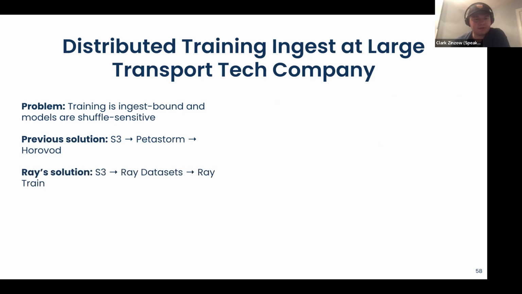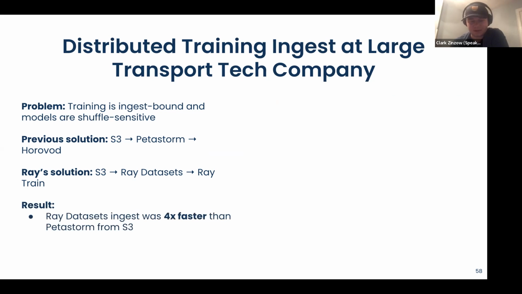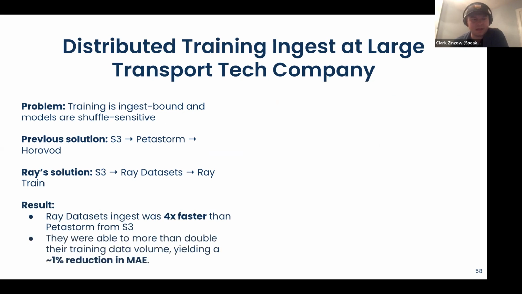And then the Ray solution was still going through S3, but instead using Ray datasets plus Ray Train. Their end result was that the Ray datasets ingest was 4 times faster than Petastorm on S3. And they were able to more than double their training data volume, to train on more data. That yielded a 1% reduction in mean absolute error, which for their use case was a pretty big deal.